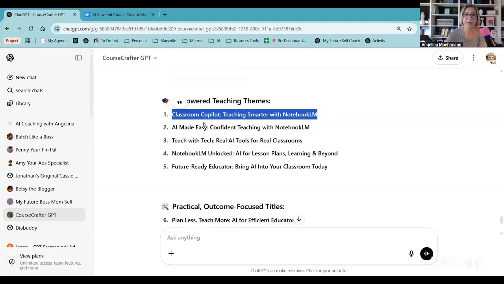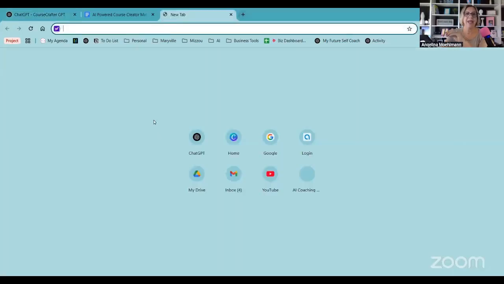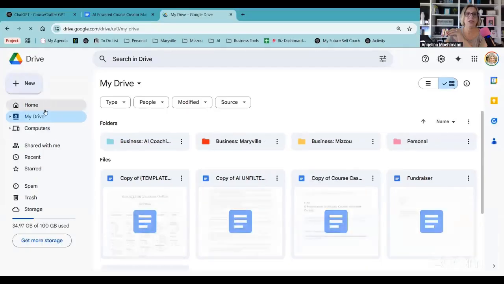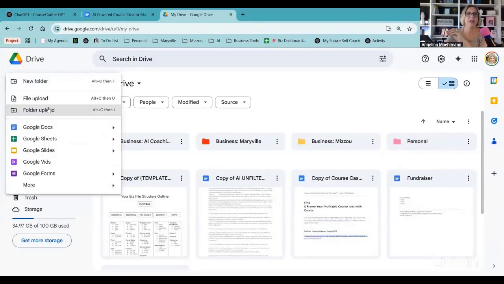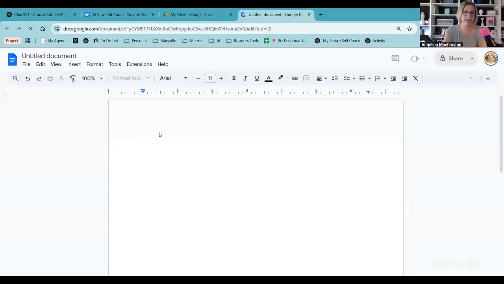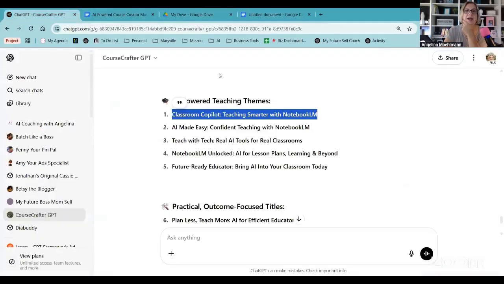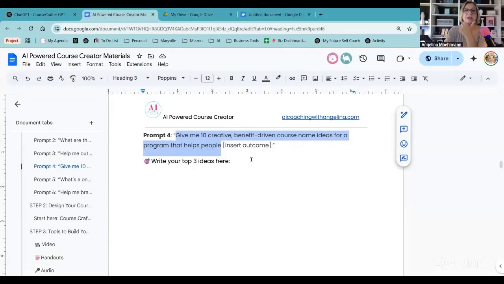Now, again, if you want to be using that handout I gave to you, totally fine. If you also just want to grab a Google Doc and paste some of these ideas there, you can do that too. So for today, I'm just going to create a new document so that we can have it all kind of in one place. So here's my title. And then next for you all is to get